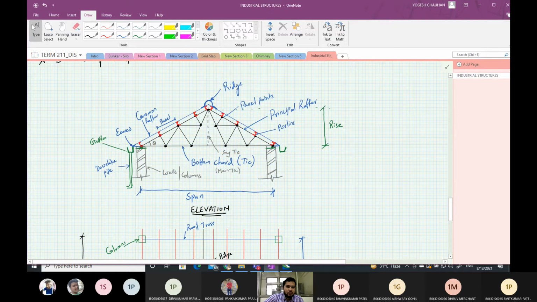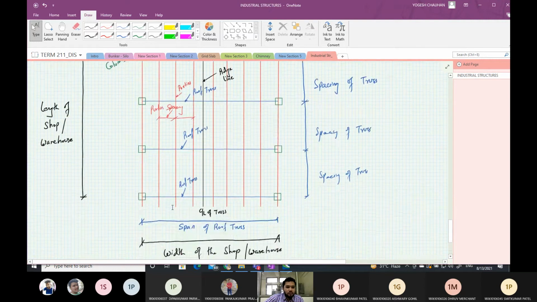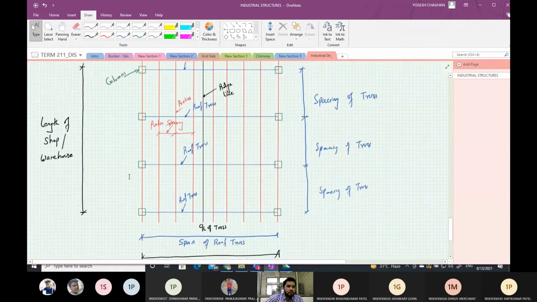That means what is ridge, what is eave, what is principal rafter, what is main tie or bottom chord or simply tie, what are purlins, what is the rise of the truss, what is the slope of the truss, what is the span, what is the spacing of the roof truss, and what is purlin spacing. This you can define.